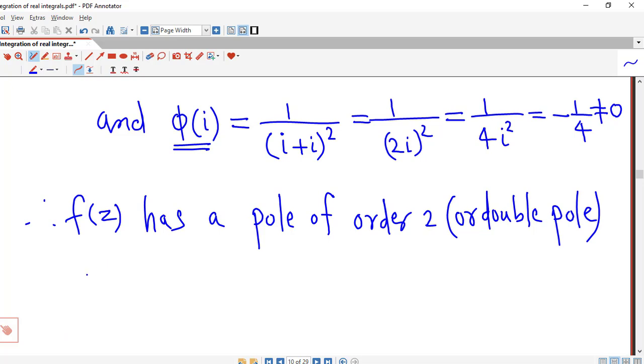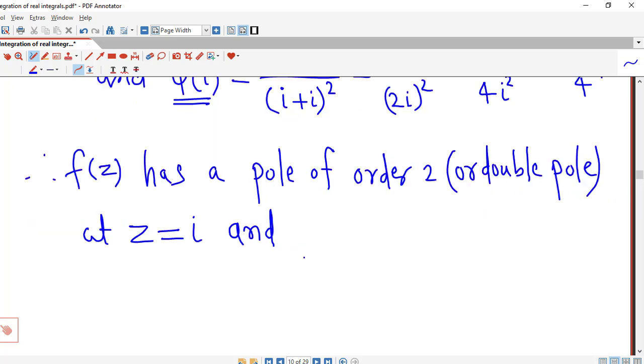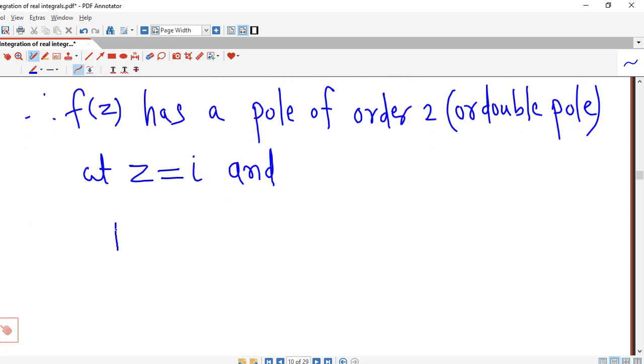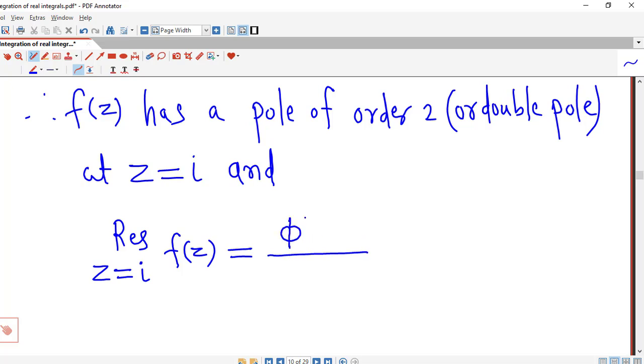It has a pole of order 2 at z equal to i, and we are interested in the residue. So the residue of f of z at z equal to i will be equal to the value of the first derivative divided by 1 factorial, that is phi dash at